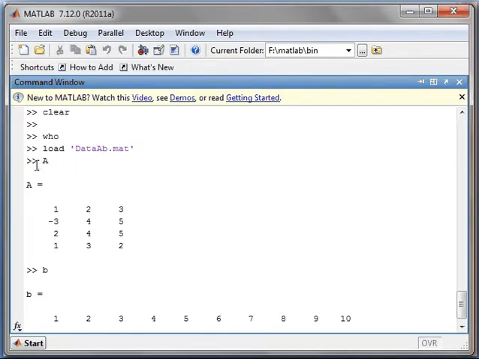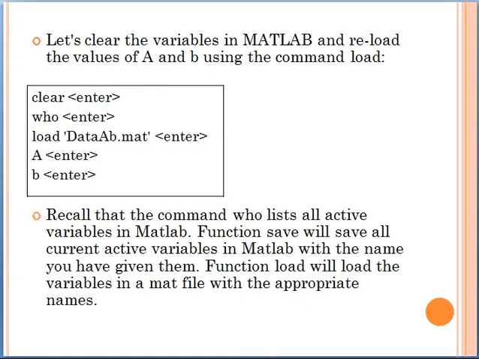And after that I am writing A, enter, then it will give me the value of A and similarly the value of variable B. Also we know that the command who lists all the active variables in MATLAB. Save function saves all the current active variables, and the load will load the variable in a mat file with the appropriate names.